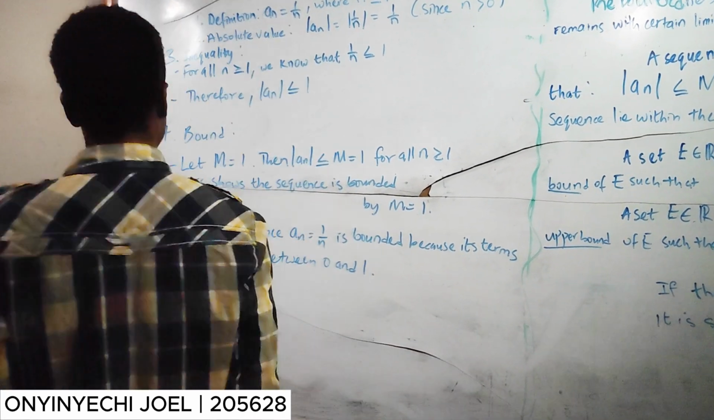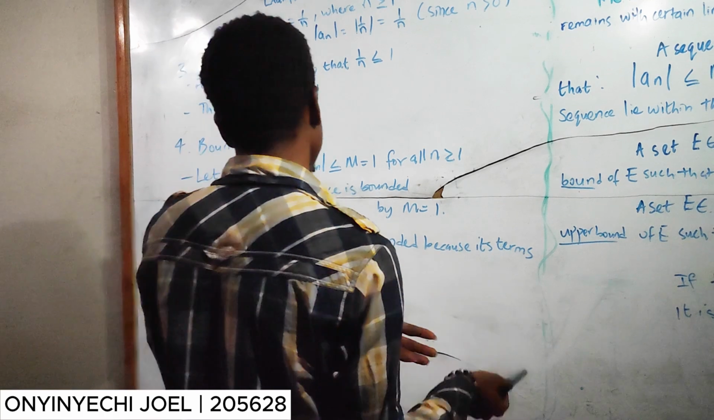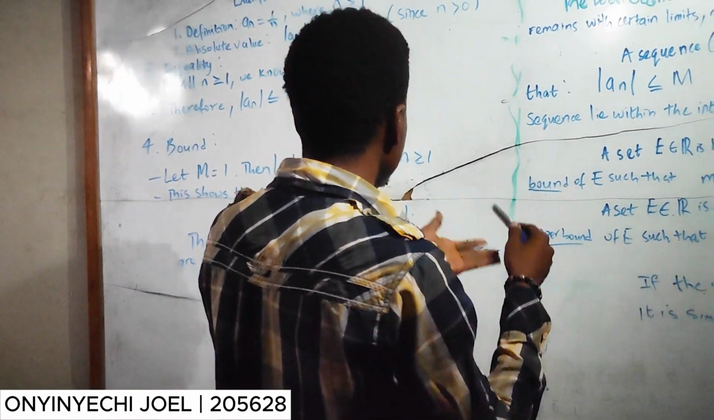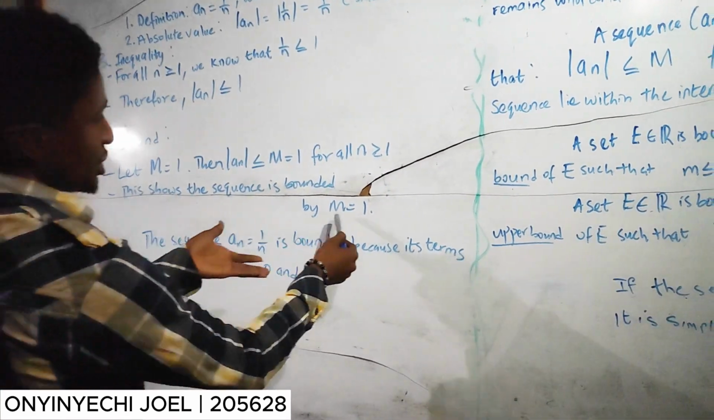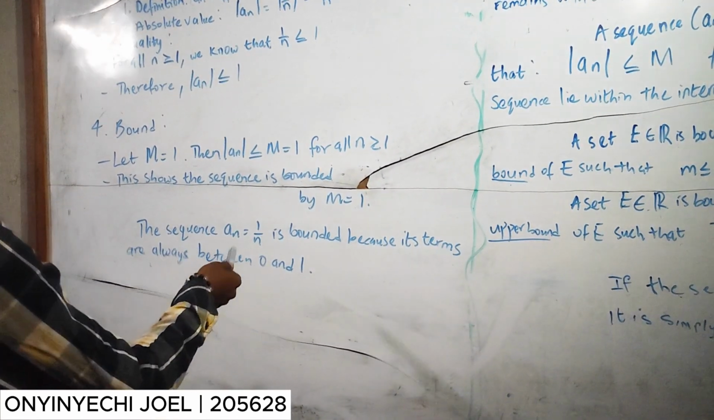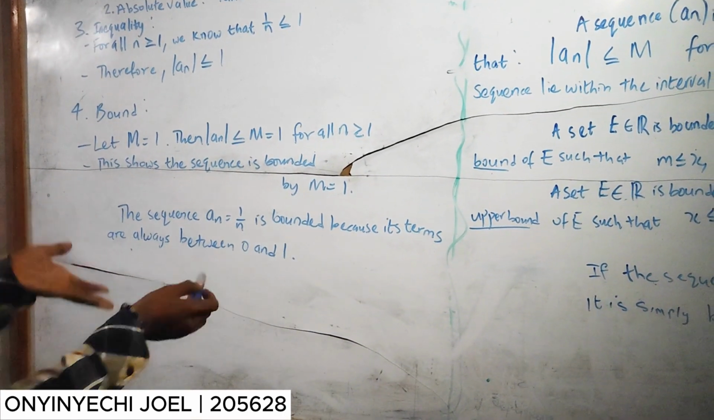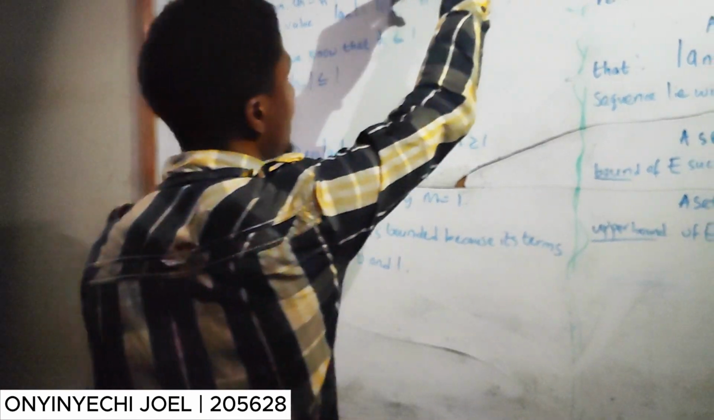For number 4, we have the bound. We say let M be equal to 1, then the absolute value of a_n is less than or equal to M, equal to 1, for all n greater than or equal to 1. This shows the sequence is bounded by M equals 1. The sequence a_n equals 1 over n is bounded because its terms are always between 0 and 1. And that is the proof to show that the sequence a_n equals 1 over n is